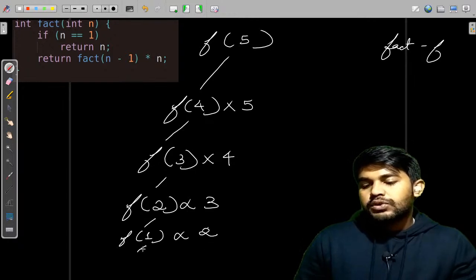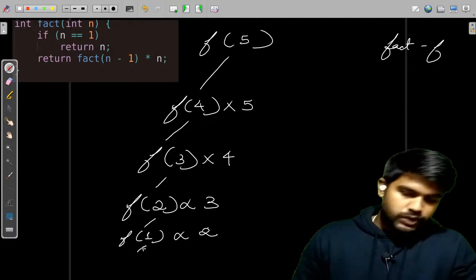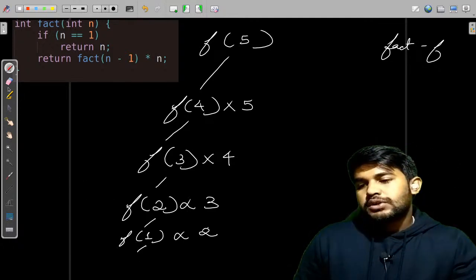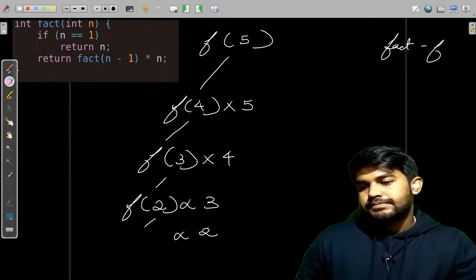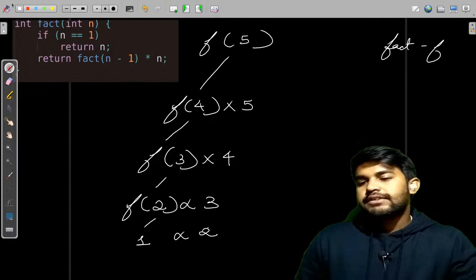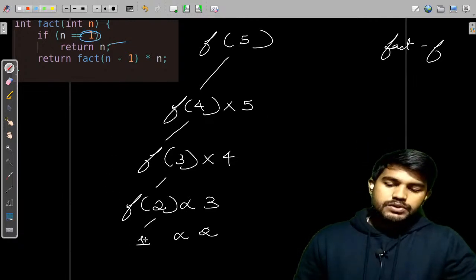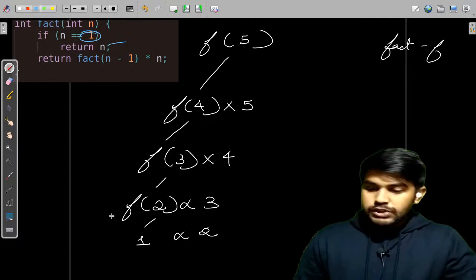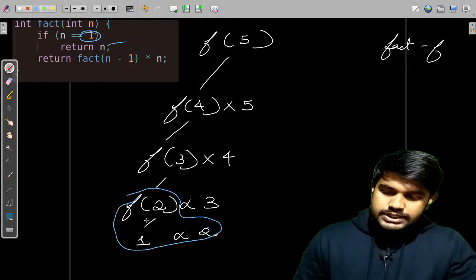Now when we go to f of 1, it would return us 1 only. So f of 1 would be replaced with 1, because we have clearly mentioned that if n is equal to 1 we would return the value. So 1 into 2, so this value is f of 2 itself.